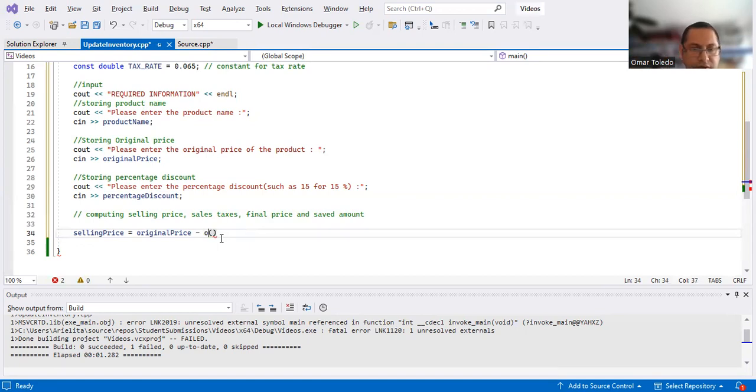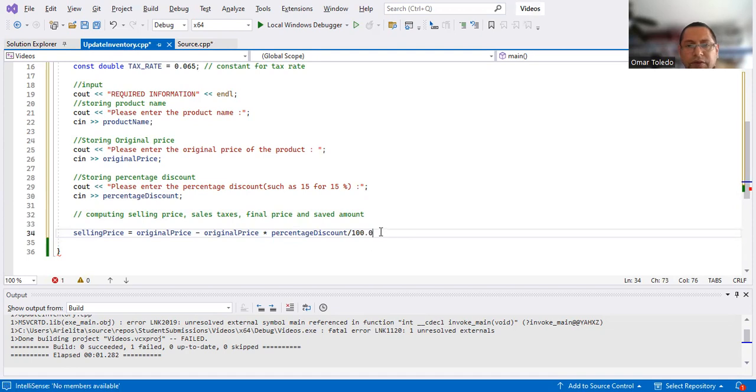So original price, and here you don't need parentheses, times the percent discount. But remember, the user is going to type 16 or 20 or 25. So it's not a percentage, it's just a number, so you have to divide by